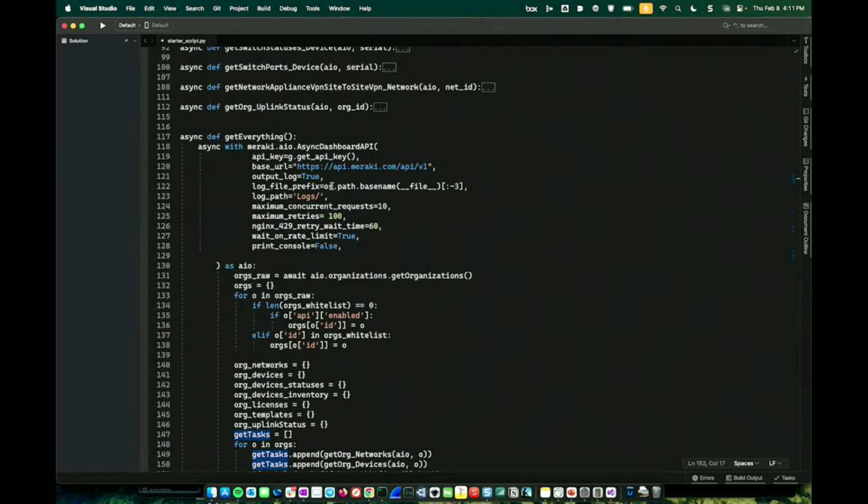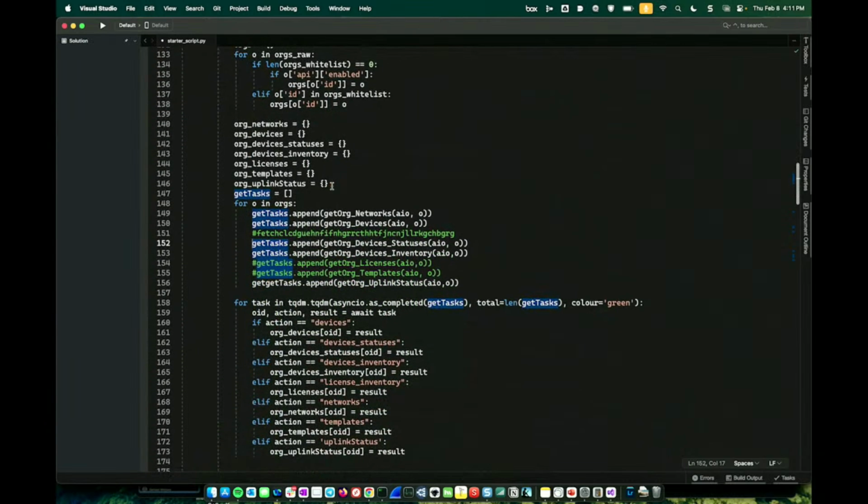And if you can see here, it's just going to go through orgs. I'm going to start building that bucket of data. If you scroll down, you'll see this area here, and this is going to be get tasks, get networks, get devices,